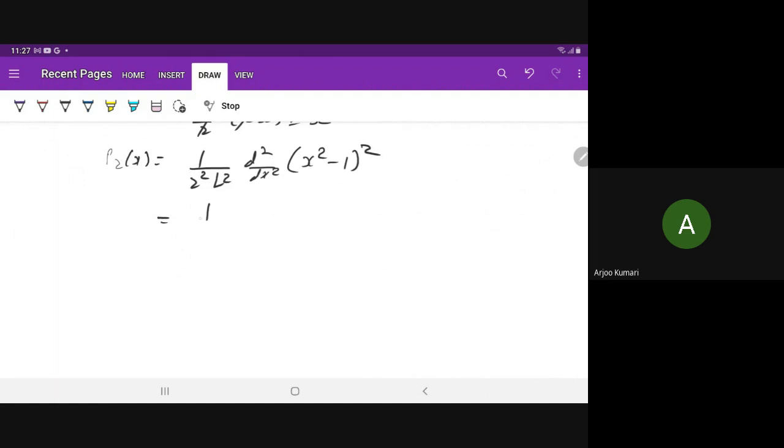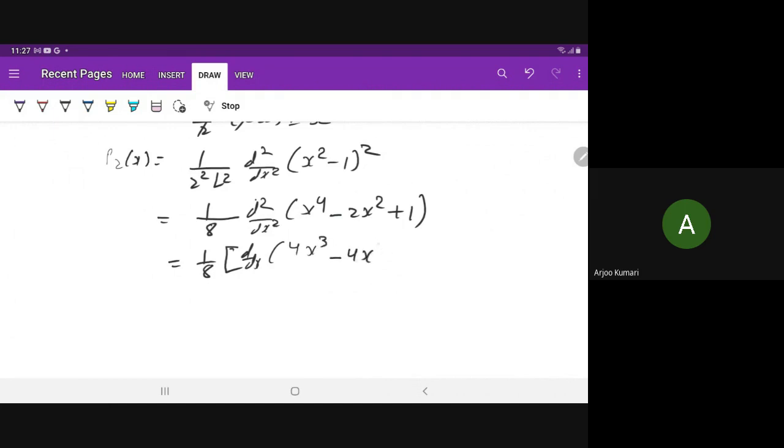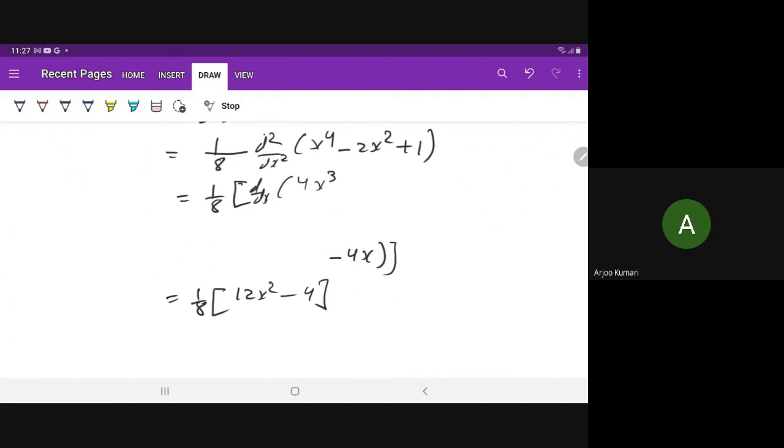That is 1 upon 8, d^2/dx^2 of x^4 - 2x^2 + 1, and this can be written as 1 by 8, first derivative d/dx of 4x^3 - 4x. Then the second derivative, 1 upon 8, is 12x^2 - 4,